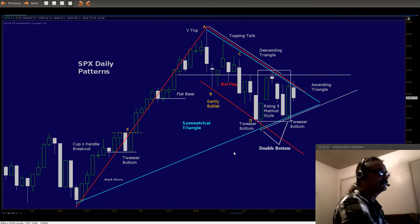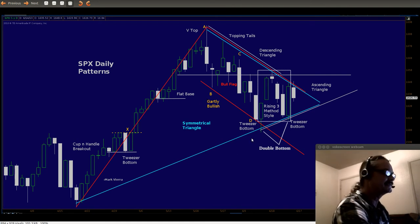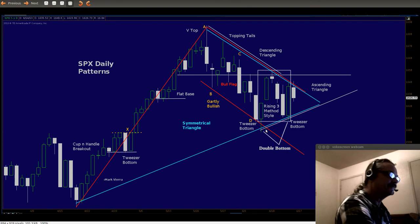But I believe it's going to follow the same type of market stop running psychology. That's what the name of the game is to smart money, is they want to whip this thing and take out as many prisoners as they can. And I kind of see this ascending triangle at the top here. I think the longer term symmetrical triangle will merge into this ascending type of triangle, and I believe that this trend line is going to be paid respect to because of the higher lows off of this double bottom